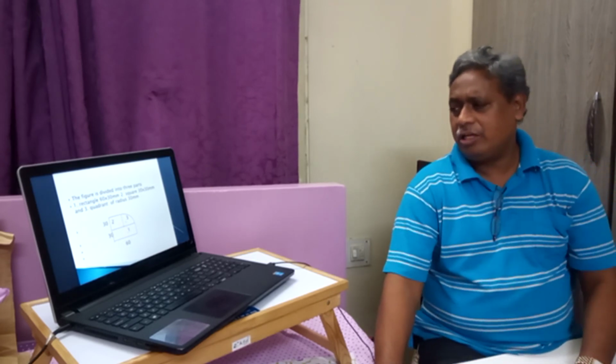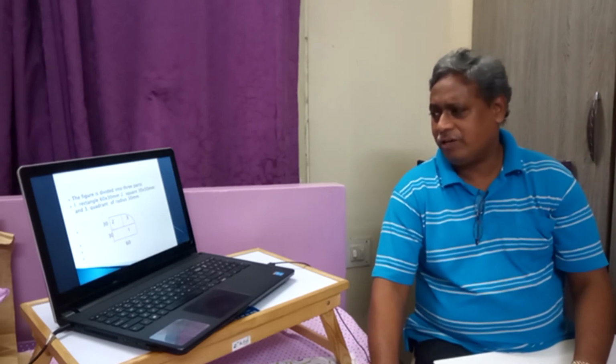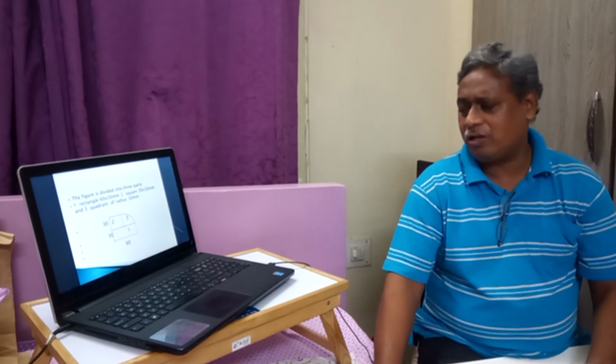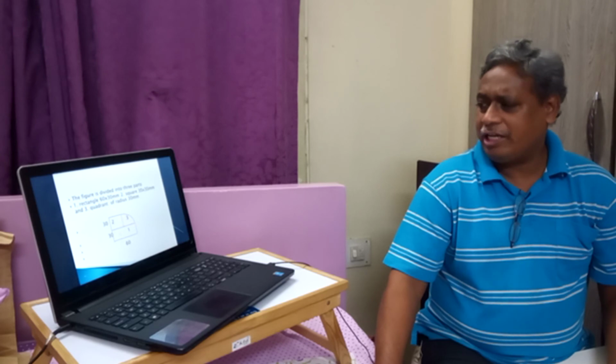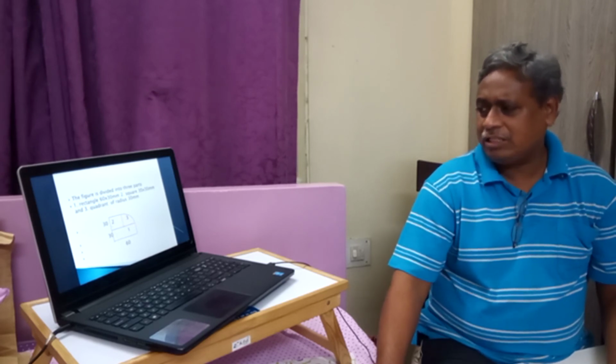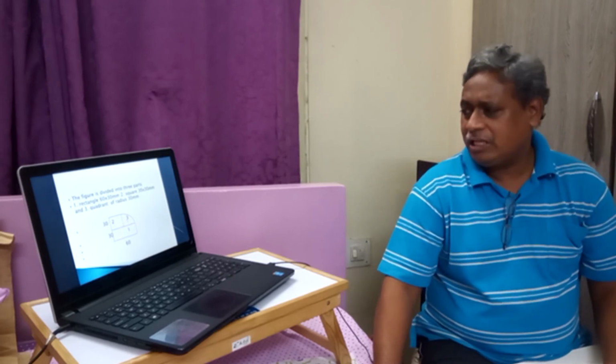So x bar is, for the rectangle, 30, for the square 15. Similarly, for the quadrant it is 30 plus 4r by 3 pi. Similarly, in y direction, for the rectangle it is 15, for the square it is 30 plus 15, and for the quadrant it is 30 plus 4r by 3 pi. So here we got y bars as 15, 30 plus 30 by 2 that is 45, and 30 plus 4r by 3 pi, so 42.73 and 42.73.